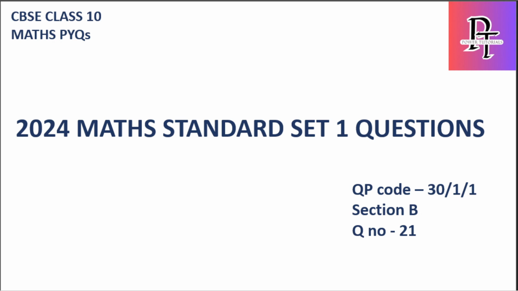So today we are going to start previous year questions of maths starting from 2024 maths standard set 1 questions. The QP code you can see, that is a question paper code, is 30/1/1, and we're starting from section